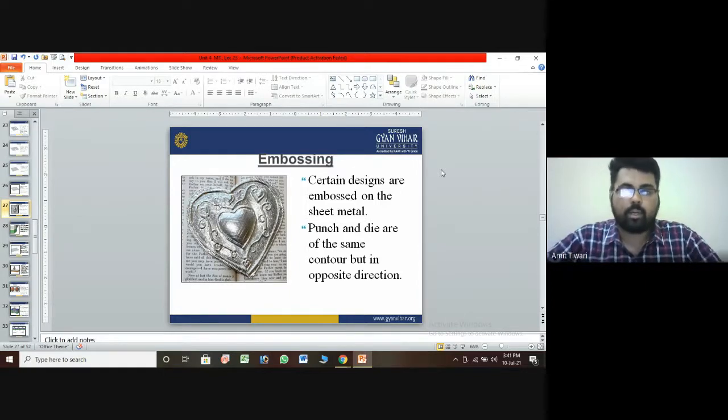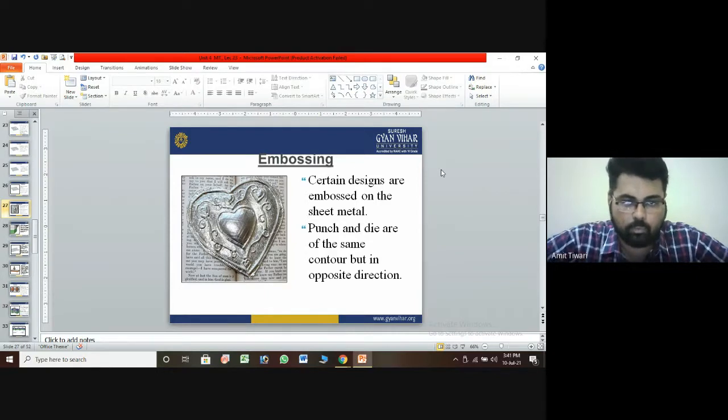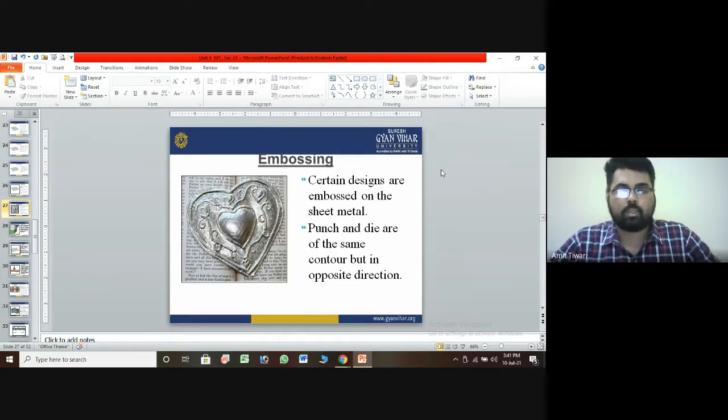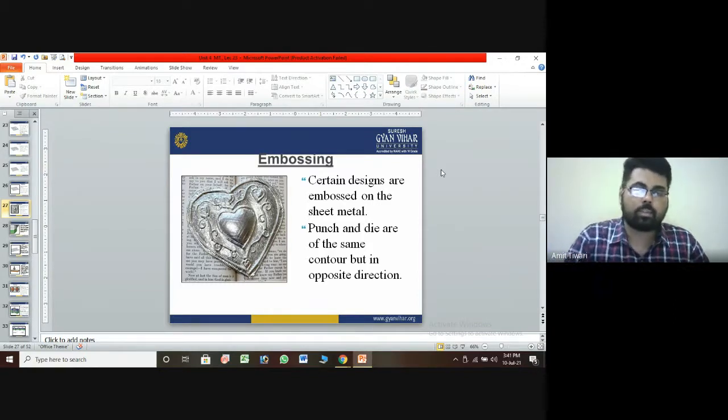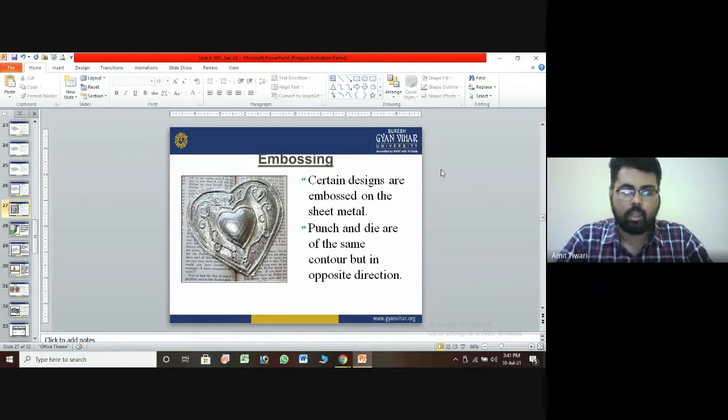So if you want to find out this type of diagram, the type of shape you want to give, some examples of this are sections that you can fabricate like this. You can apply it for making the die, or we require a punch for this type of shape, and you can apply high pressure on the sheet metal, and it is easy to fabricate, and this type of shape will be formed. This shape is known as embossing.